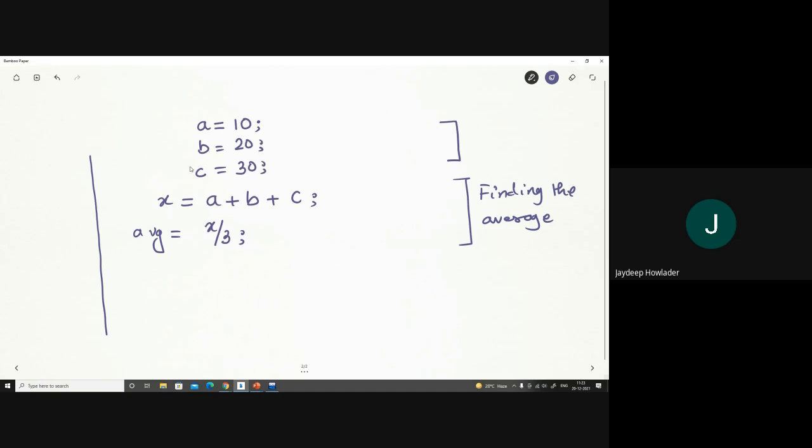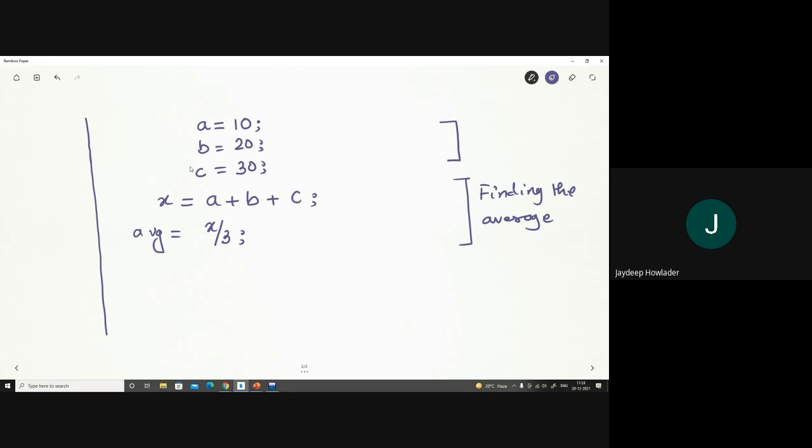So now the computer will first read that there is a variable whose value is assigned to 10. There is another variable assigned a value of 20. Variable c is assigned the value of 30. Then I have to do the sum of a, b, c. The result will be assigned to the variable x, and in this way, the sequence of operations will continue.